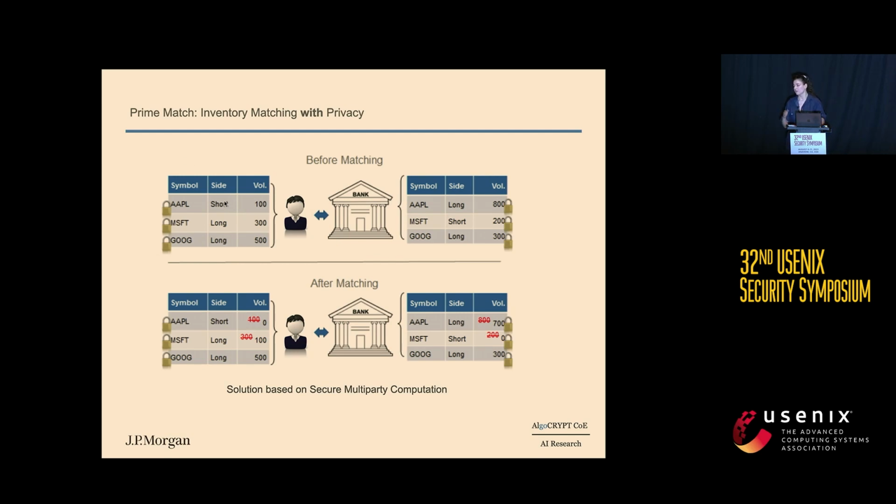So the solution here is that we can have the clients also submit their inventory, but of course encrypted, okay? Or masked. So in this example, let's say the client submits their inventory encrypted, then we check it against the inventory of the bank. Here, for example, you can see there's a match. This client asked for 300, and we had only 200. So we can match this